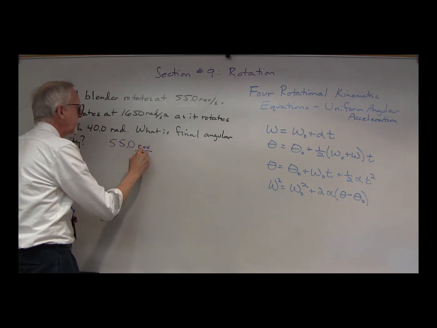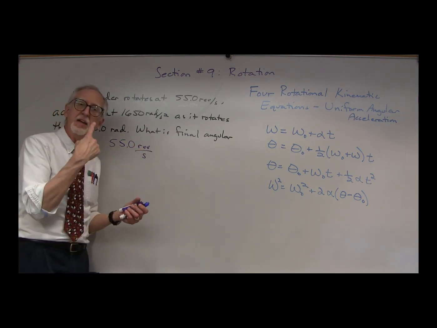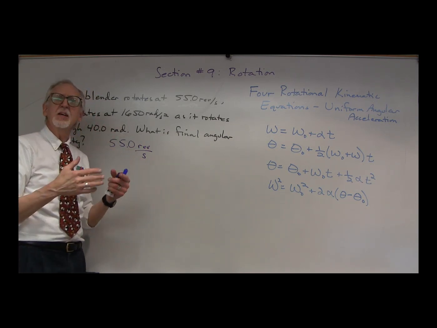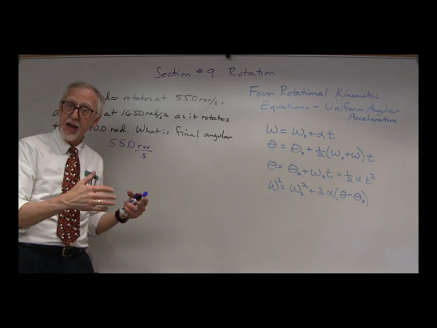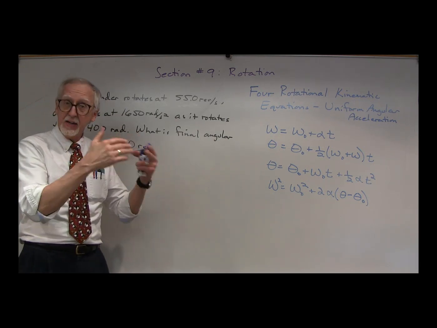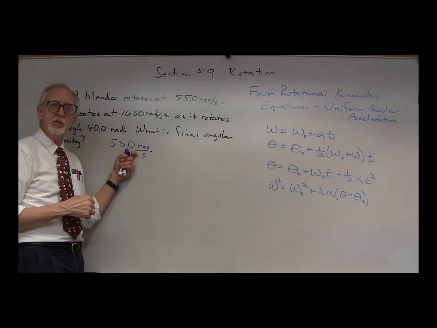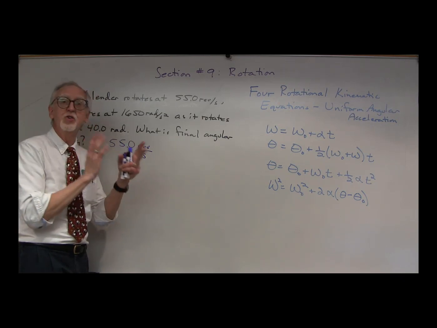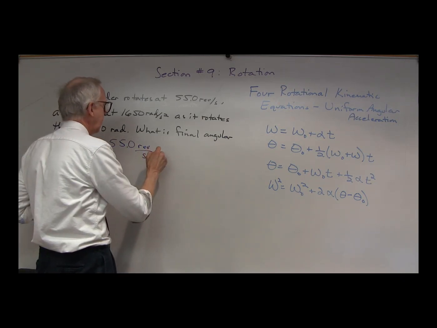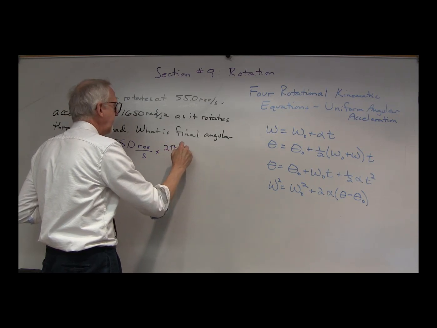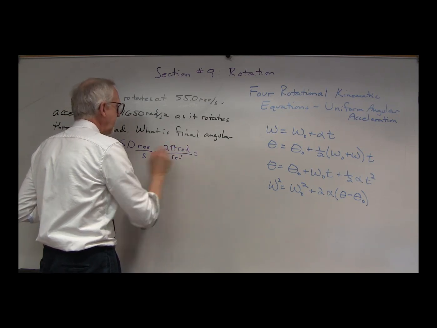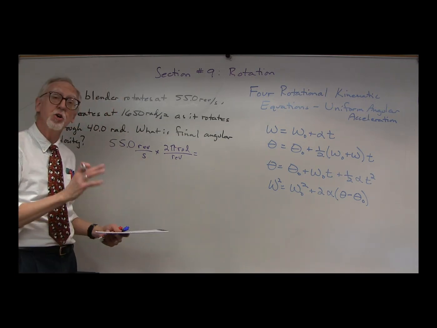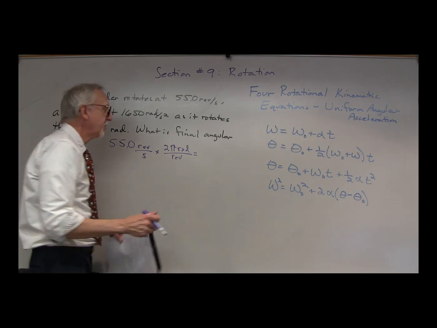55.0 revolutions per second means it rotates through 55 complete revolutions every second. We need to convert that to the units that angular velocity has, which would be radians per second. So we need to convert the revolutions to radians. One revolution is 2 pi radians. So we multiply by 2 pi radians per revolution, and that will give us the angular velocity in terms of radians per second, and that is 346